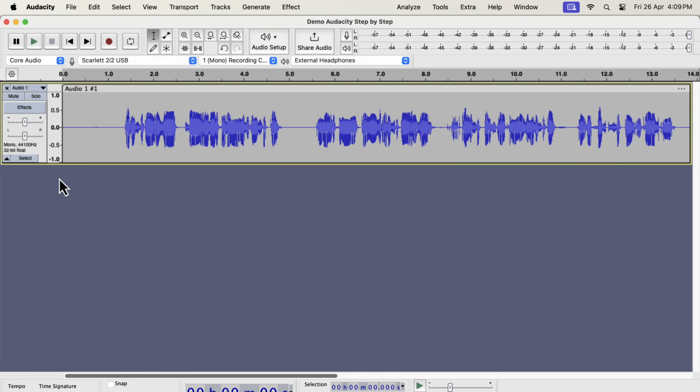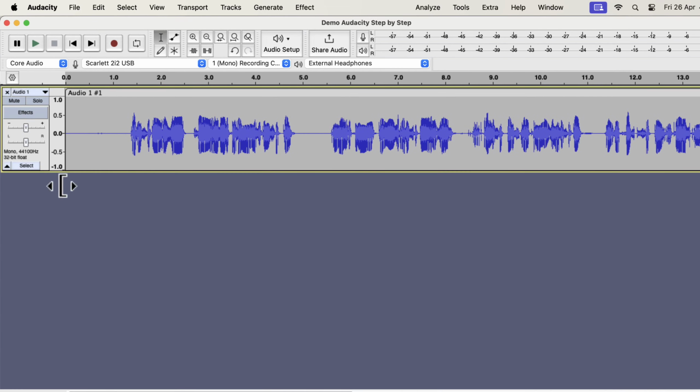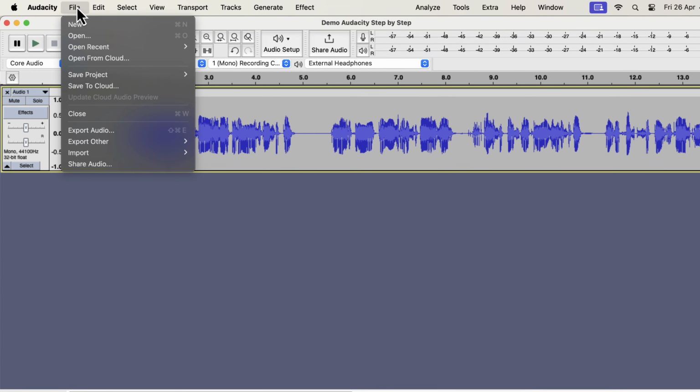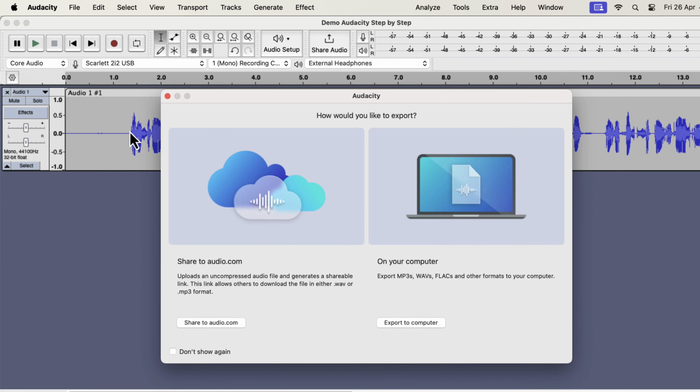We now need to learn how to export audio in Audacity. It is important to export audio correctly, as you may have some requirements on file format. To export audio, go to the File menu, then Export Audio. If you are using Audacity 3.5 or later, you will see this export window. If you are using an older version, you will not see this option. If you do not want to see these options every time you click Export, check the Don't Show again. You can bring this window back later at any